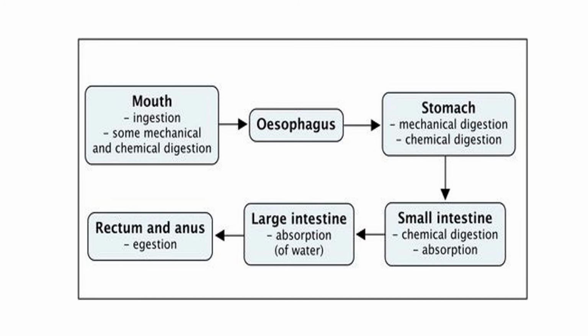We have already discussed the digestive system, and this is the flow chart of the digestive system. So digestion starts from the mouth. In the mouth, tongue and teeth are present. Here the food is broken down into smaller pieces and chewed. Then the chewed food through the esophagus or food pipe reaches the stomach. Here food stays for some hours and is partially digested.